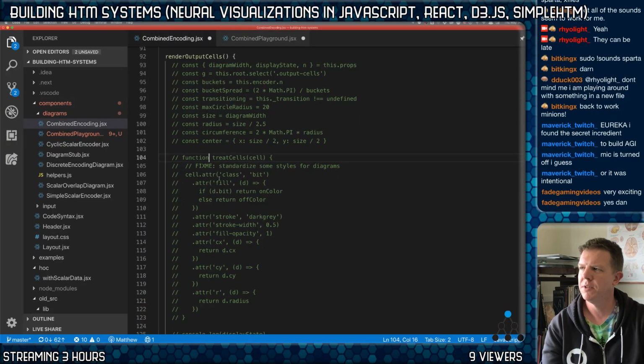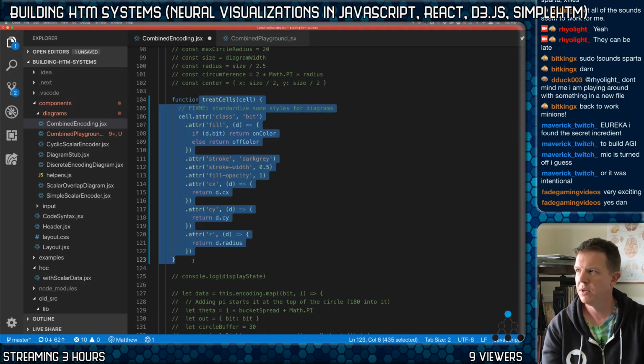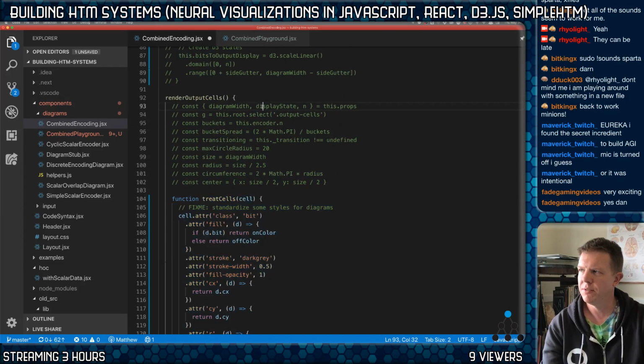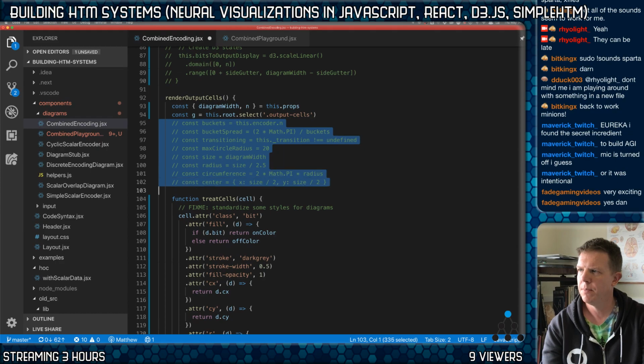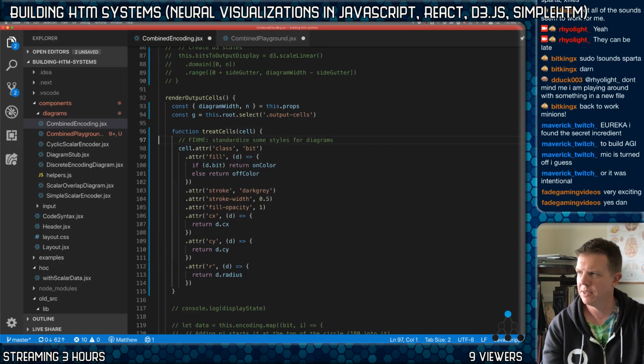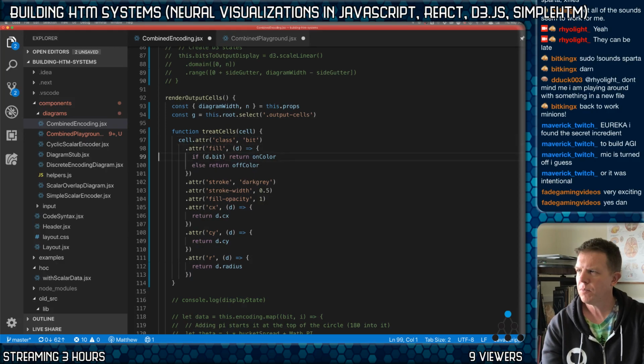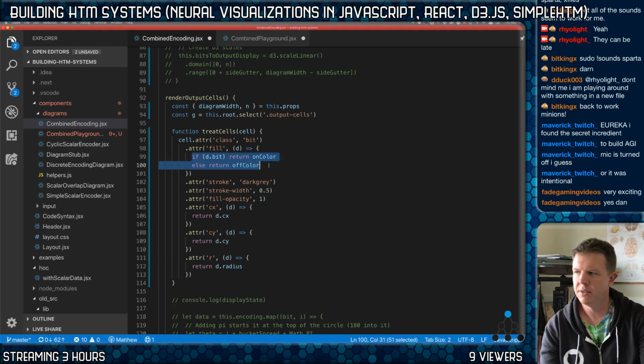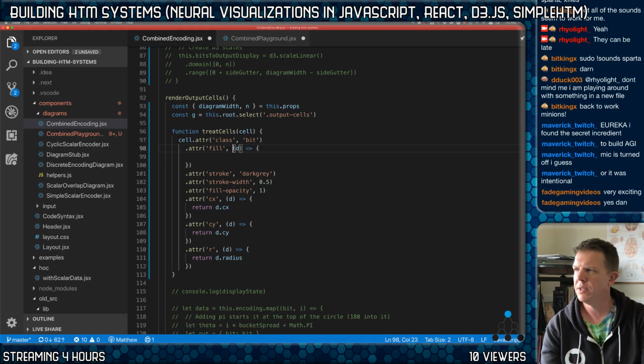So we definitely are going to have this treat cells function, but we're going to treat it a little differently. We definitely want to know. I don't need a display state, but I do need to know n and w. I need to get access to the output cells. Let's forget about all that stuff. I don't think I need any of that stuff. Okay, so instead of this, all we need to do here is,